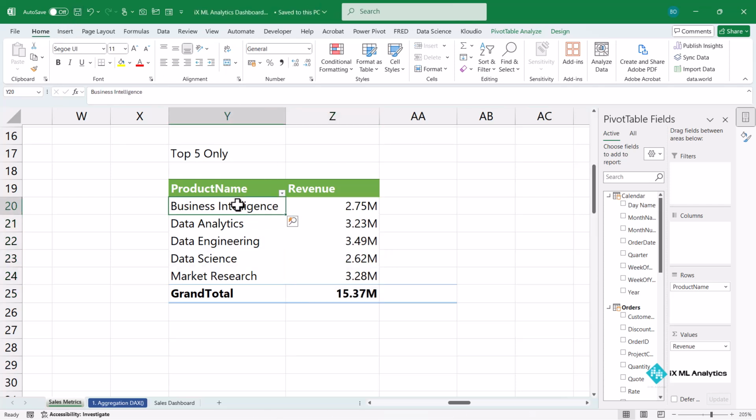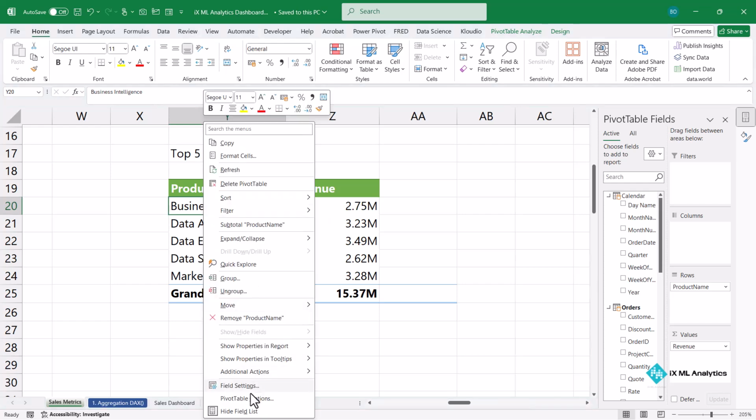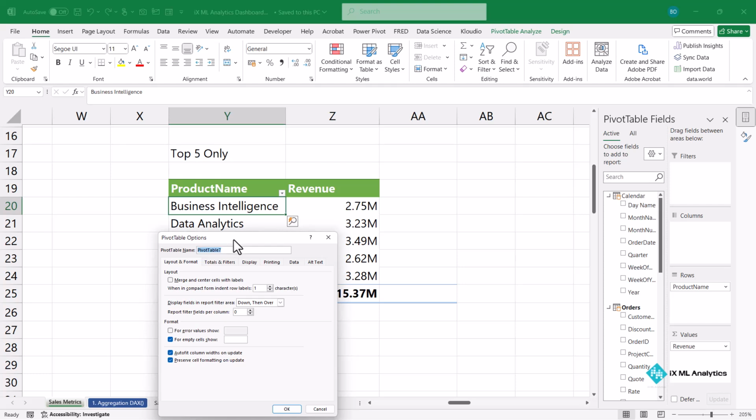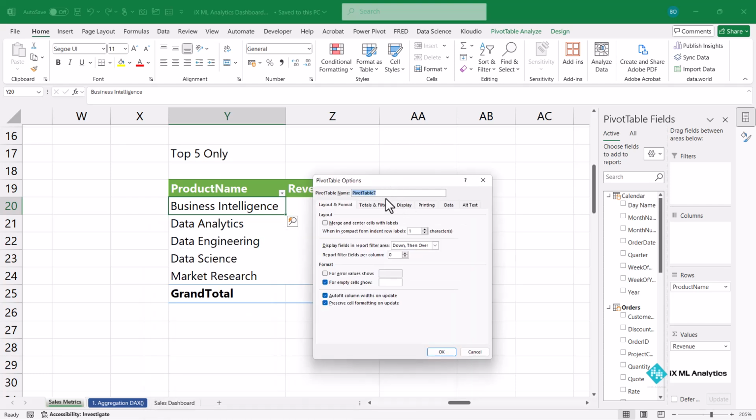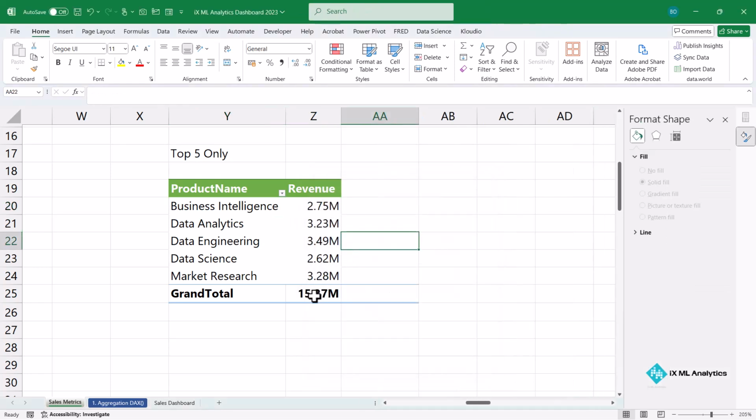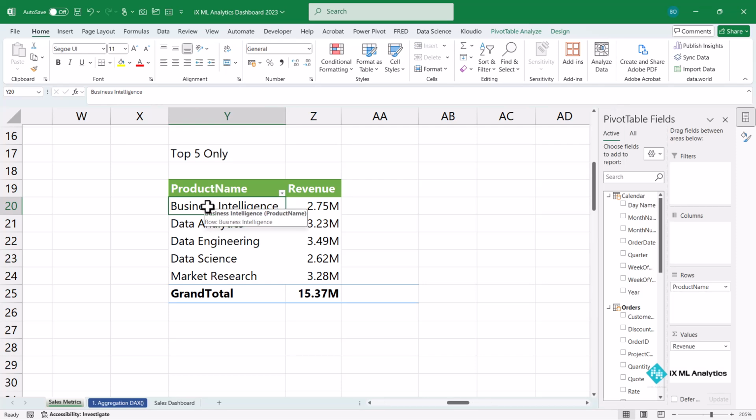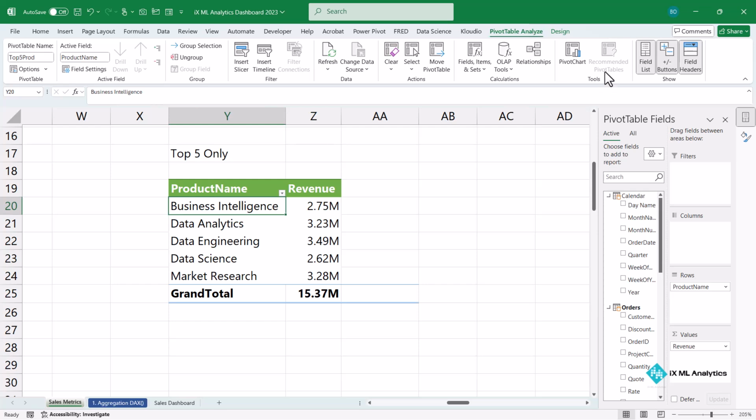Right, then let's rename this pivot table. Right click on it, pivot table options. Now it's pivot table 7, call it top 5 prod, top 5 prod, click on OK. Awesome. Now click inside the top 5 prod pivot table, then go to pivot table analyze on the ribbon, then